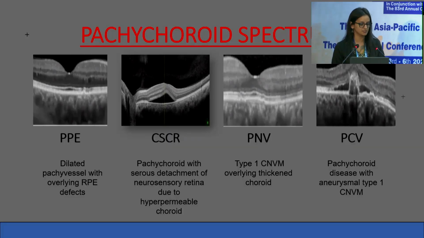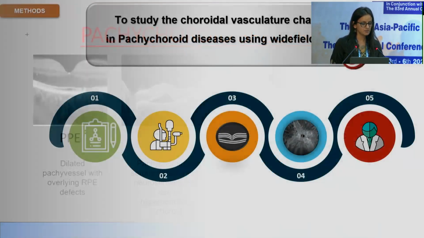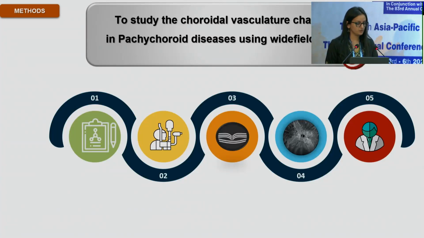different clinical presentations. The spectrum includes PPE, where along with other pachychoroid features there are RPE defects; CSCR, where there is NSD because of a hyperpermeable choroid; PNV, where there is type 1 CNVM; and PCV, where there is aneurysmal type 1 CNVM. So this was a study of the choroidal vasculature changes in pachychoroid disease using wide field